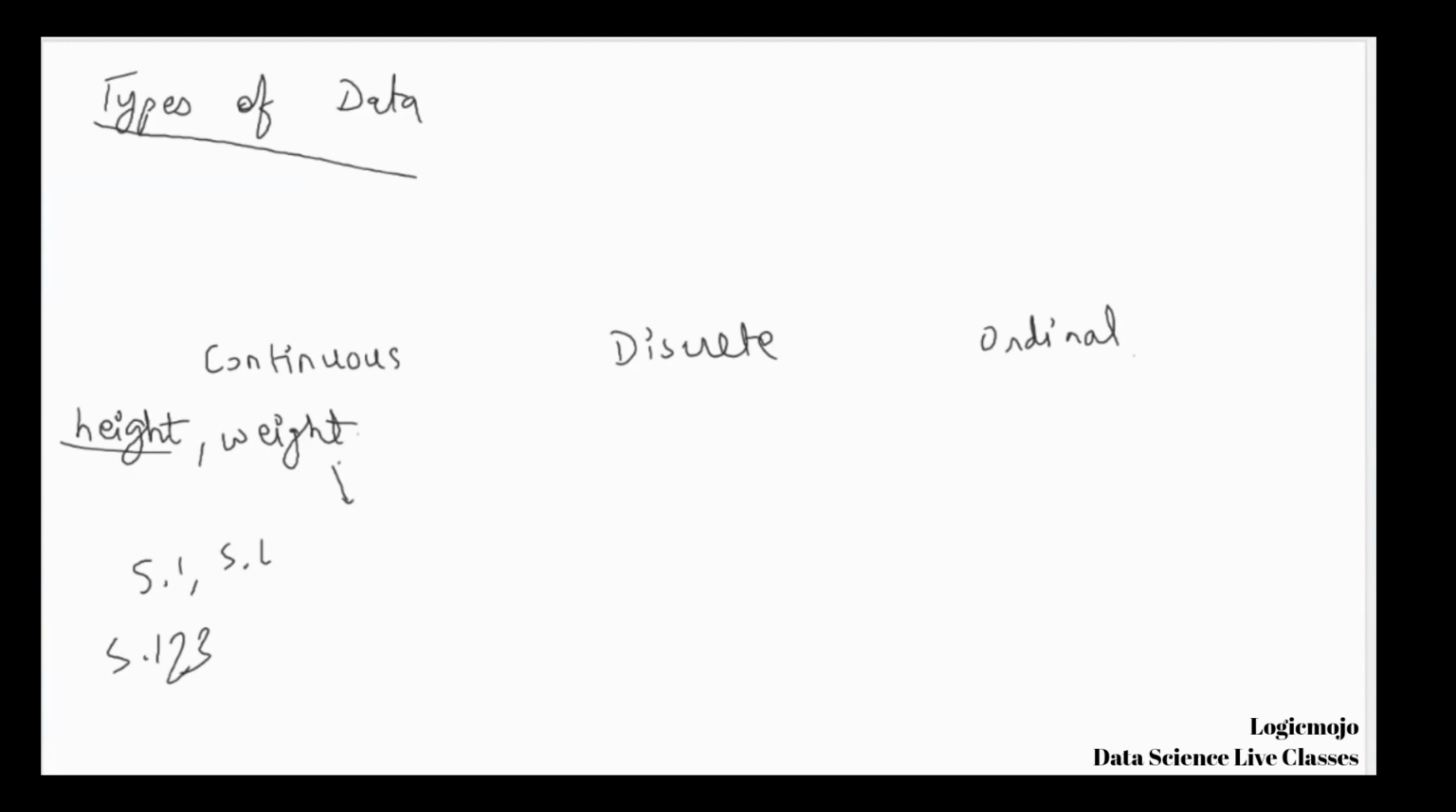So continuous data means that your data belongs to a range of numbers, and there is no count of how many unique values there can be. So that's the definition of continuous data. Is this clear? For discrete,